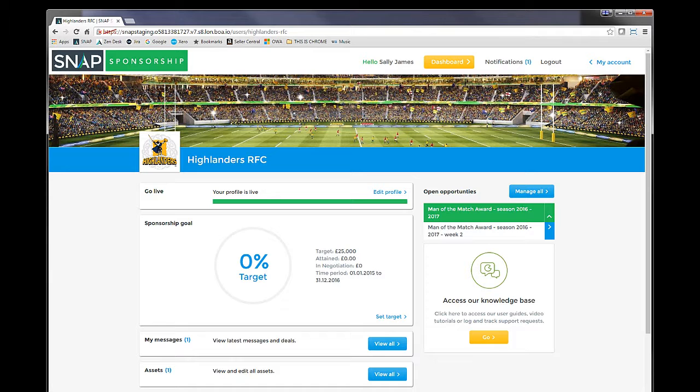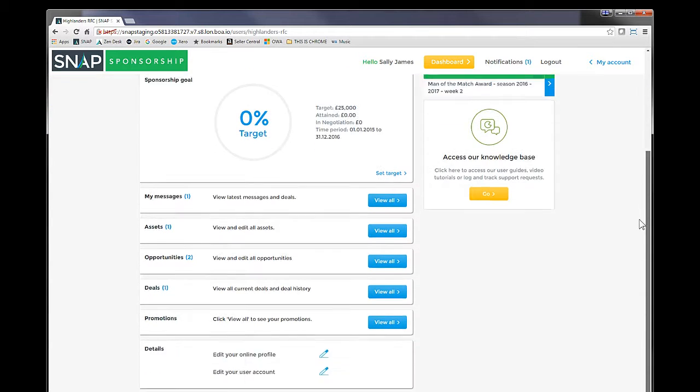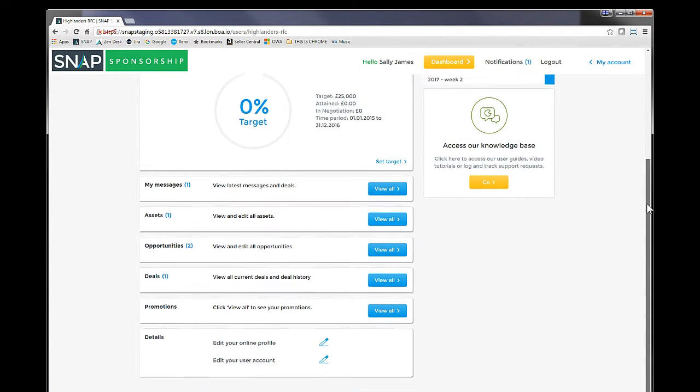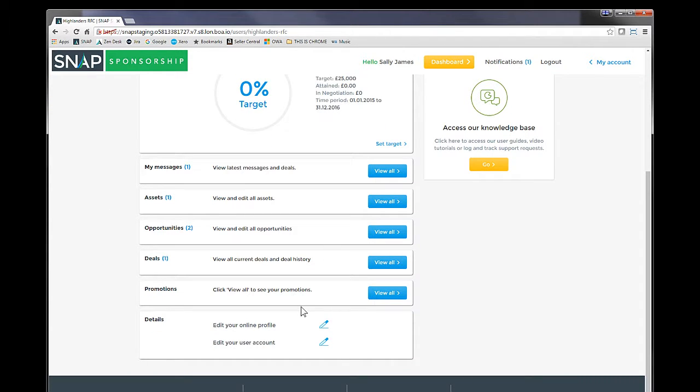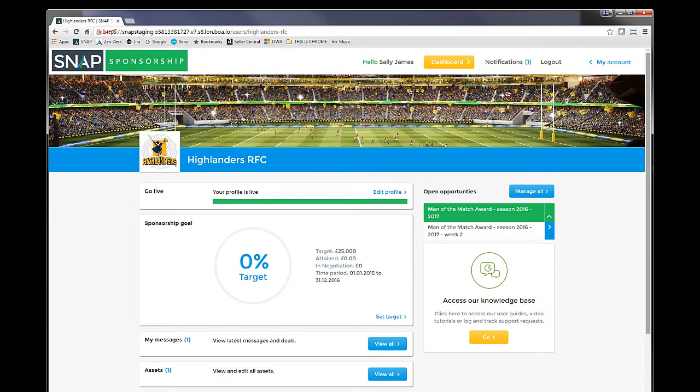So this is the dashboard, and you can see there is a scroll bar here, and you can scroll right down to the bottom. And depending on what's going on with your club, you may find some more options will appear, messages will appear, and various other things will happen along the way. So this is the dashboard. This is probably the main area to work on, and I'm going to go through that in a bit more